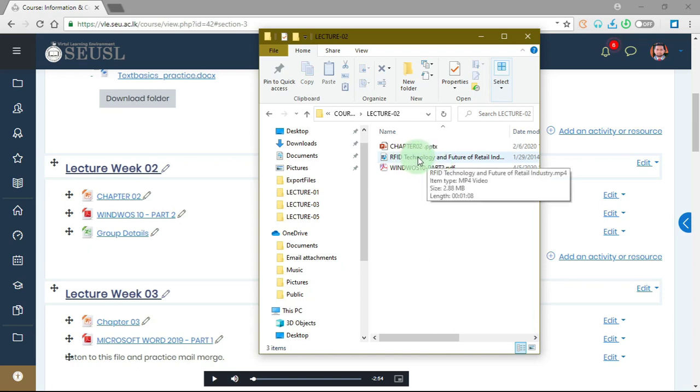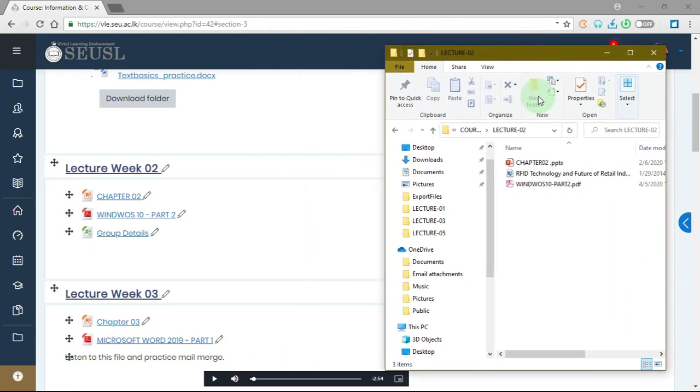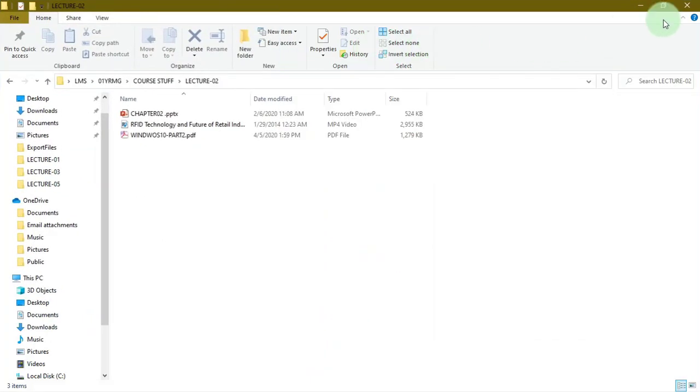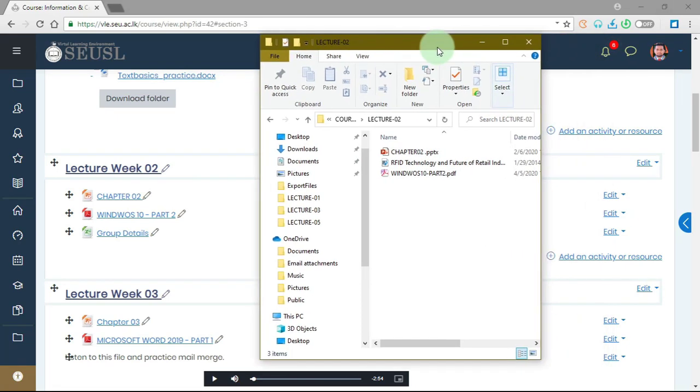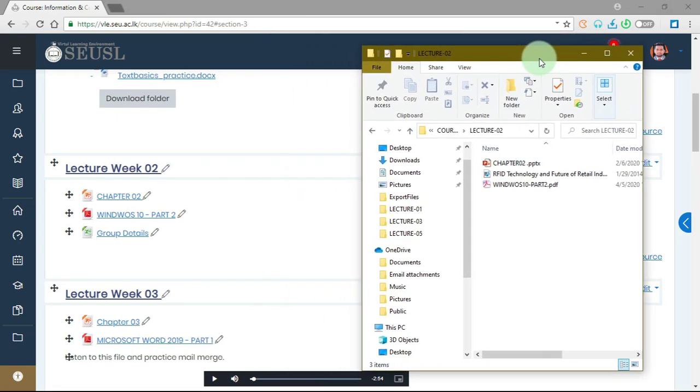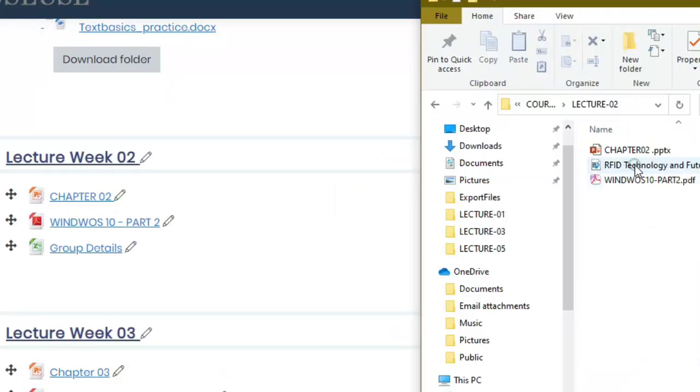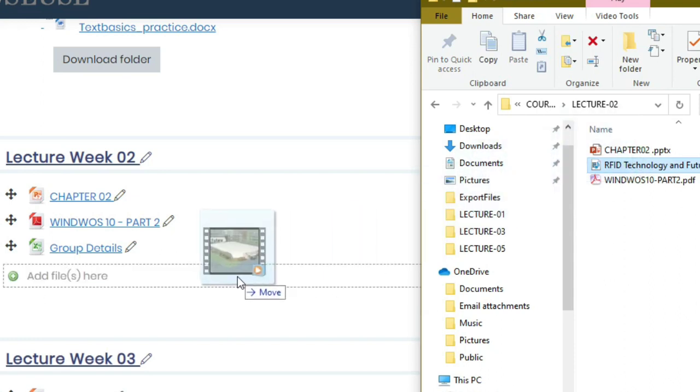Yes, here we have a video file, and I want to play this video file on this course page itself. So let's see how to add this one. If you have a folder like this, you can click here to restore down and make the size of the folder small. Then I'm going to keep it aside to make it convenient to drag and drop. Now what I'm going to do is drag and drop this video file to this particular section. Let's click here and drag and drop.